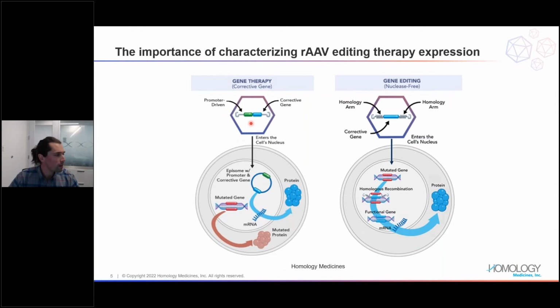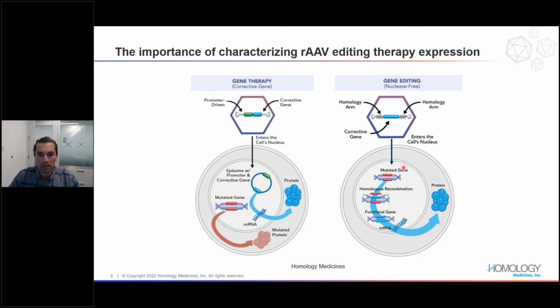And so, as Dawn mentioned, I don't want to go too far into this, but just for redundancy: we have our gene therapies, which will enter a cell, enter the nucleus, and then just hang out as an episome, expressing the correct mRNA and protein and not affecting the genomic DNA. This has some benefits and some drawbacks. One of the drawbacks is that the durability is not as much as one that would integrate into the genome. This would not replicate with subsequent cellular replications and divisions.